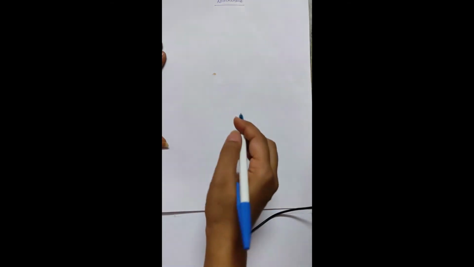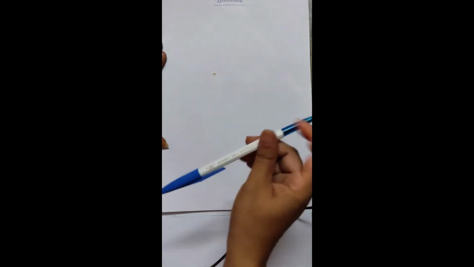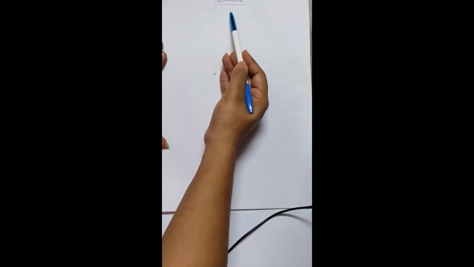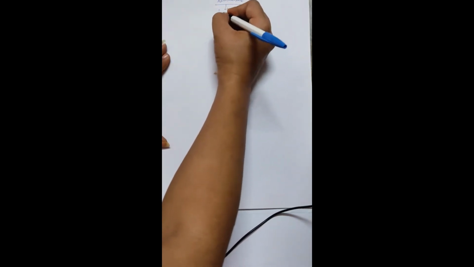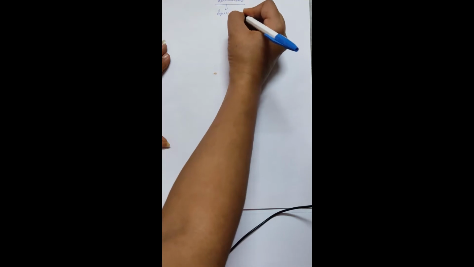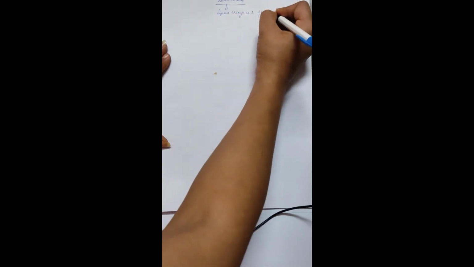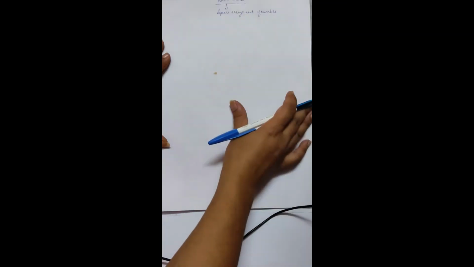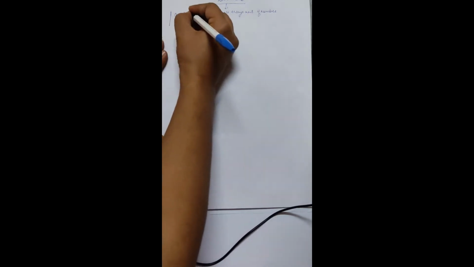Hello friends. Today in this session I am going to discuss with you the concept of determinants. So what is a determinant? A determinant is a square arrangement of numbers. Numbers can be a, b, c, or they can be 1, 2, 3. Let us suppose I will take a, b, c and d.